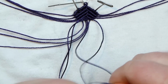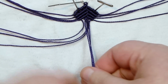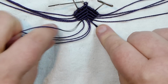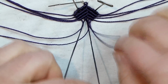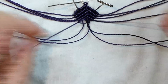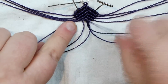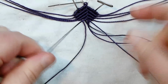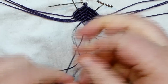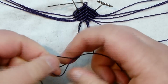And the last one here to finish off this row, and again the holding cord, put it out to the side with the rest. Go back to the middle, that inner corner, cross the right one over the left, and we're slowly starting to get to the end of this square or diamond, kind of the point of it. Make your next row here, the last one,